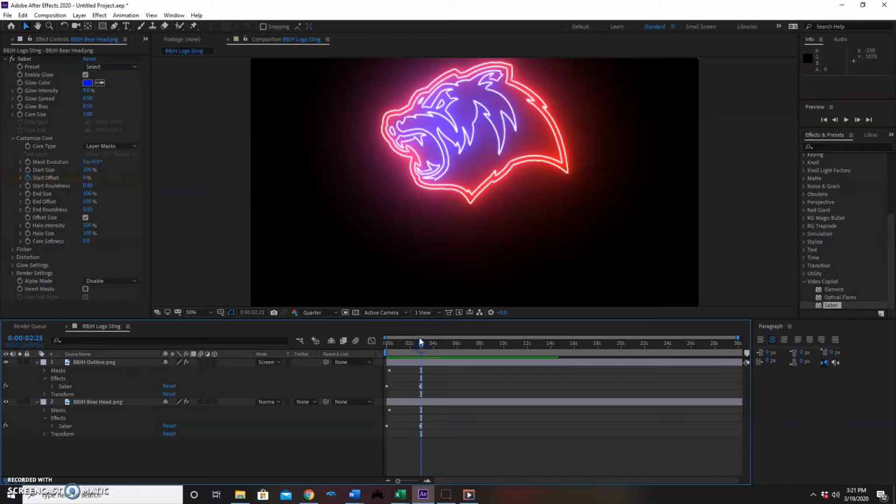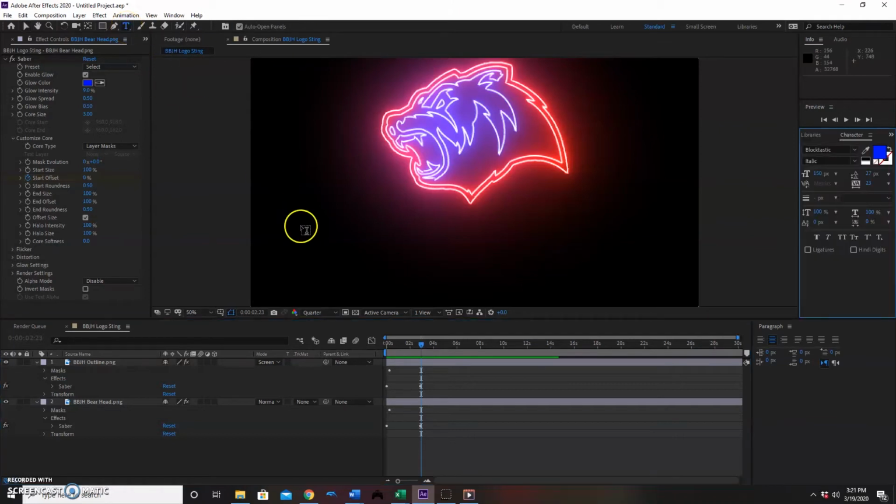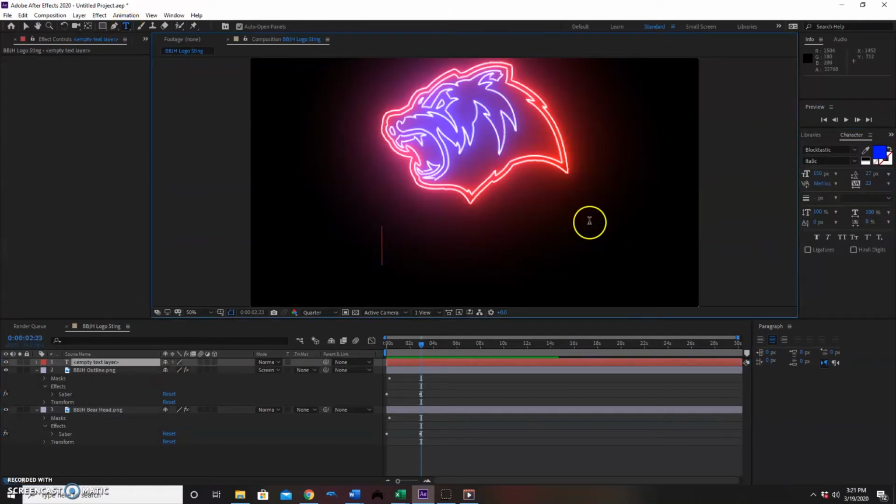So the next thing we're going to do is create the text to go underneath that says Bear Branch. In order to create a text layer, you click on the T up here. It's your text tool, horizontal type tool, and you just click over here and select your font. Now, Bear Branch uses a font called Blocktastic. It's a free font from the website